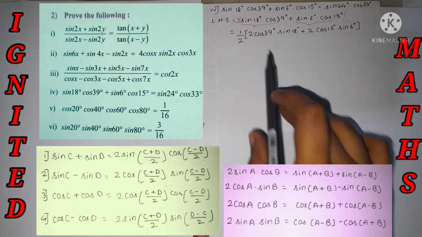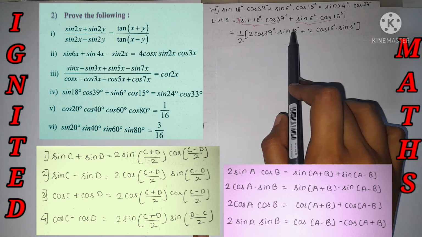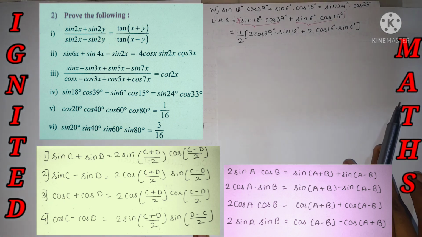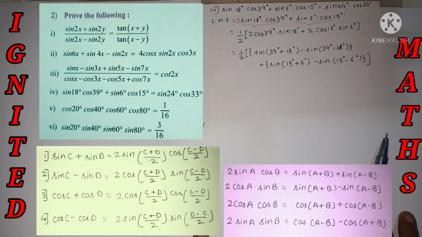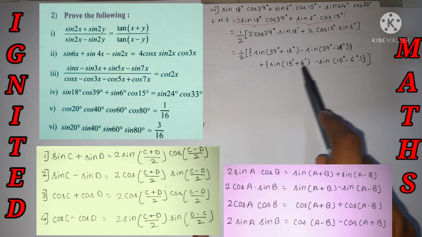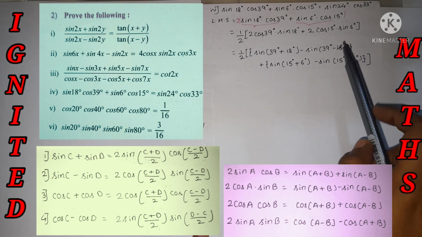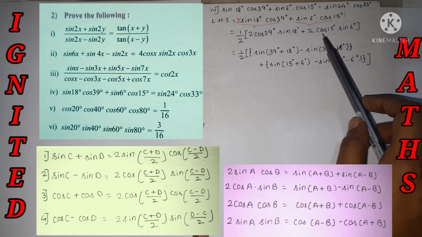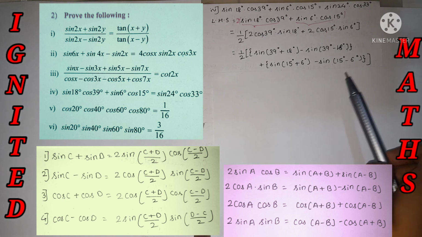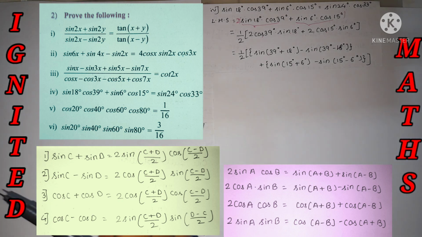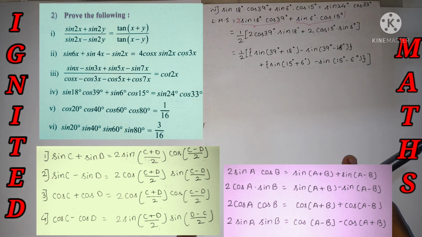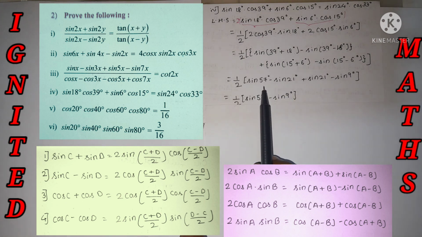Yes, it's nothing but the same. So can we apply the formula of 2 cos a sine b over here? That's what I have represented: sine a plus b minus sine a minus b, and cos a plus b and minus sine a minus b. So I have represented it as cos a into sine b, because 15 minus 6 we can find. A larger term can be subtracted by the smaller term for that purpose. Just do the calculation over here and we will be getting the answer.